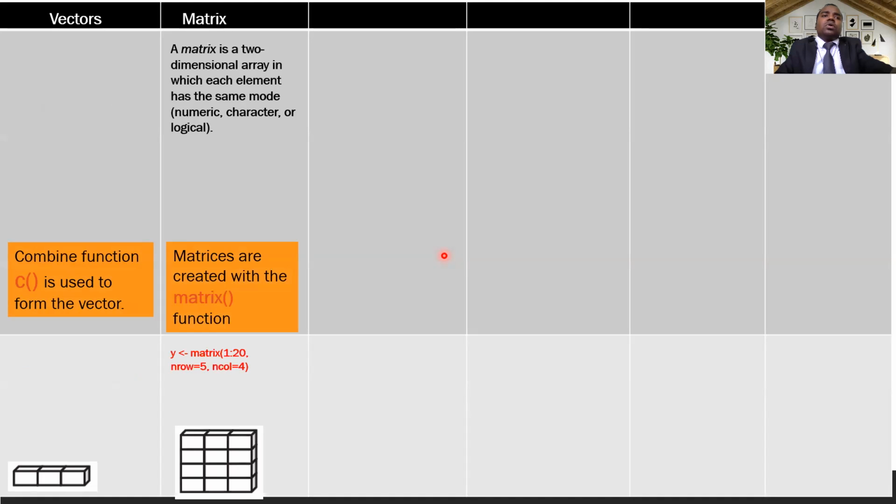This is a sample code, and here nrow means number of rows, ncol is number of columns, and 1:20 means the matrix has numbers starting from 1 to 20.